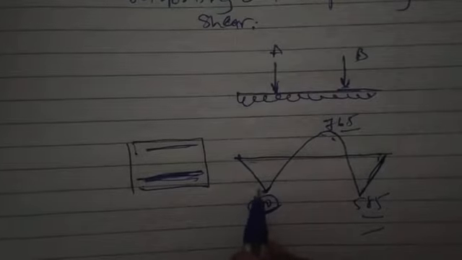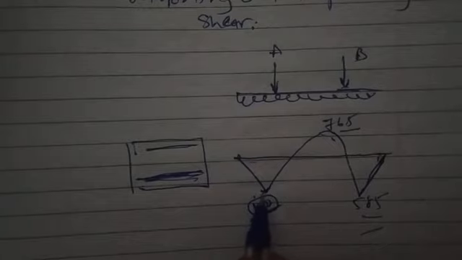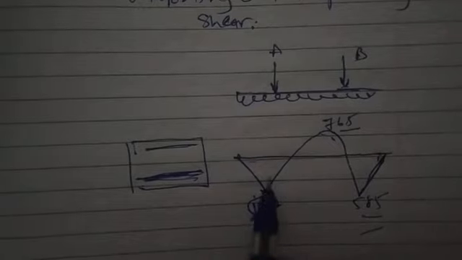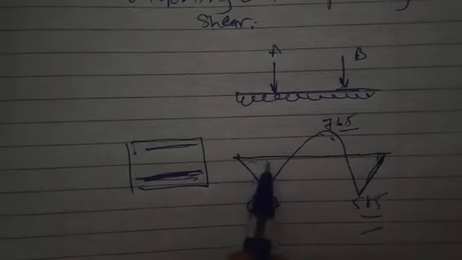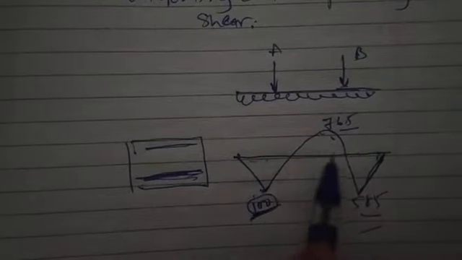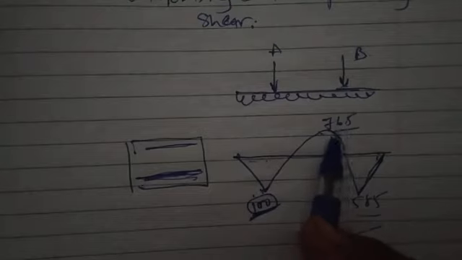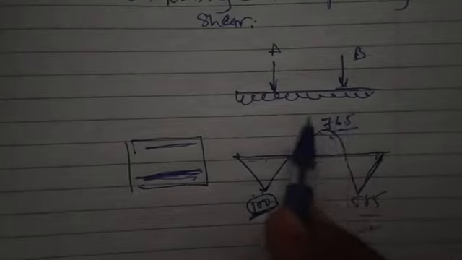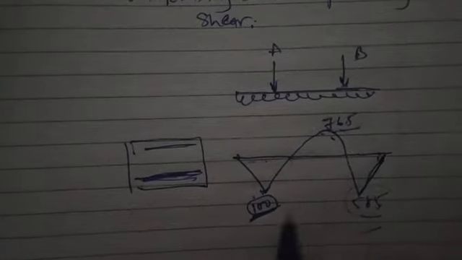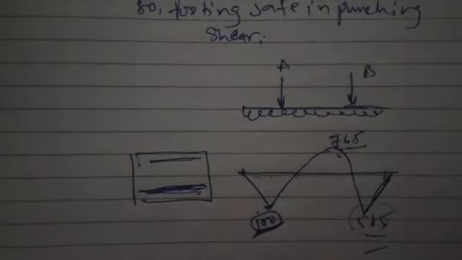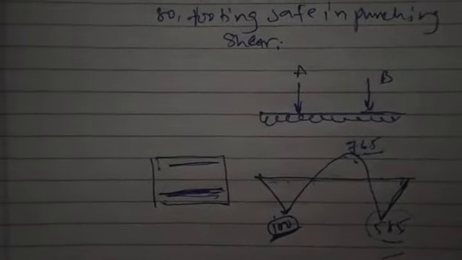So here under the column A there will be different AST, which means we need to provide some number of bars under this column, which will not be the same for this position. Okay, so we need to provide more bars in this position because the bending moment is higher at this position. Here again we have another value of bending moment, so the area of steel will be different for these cases. So we'll calculate one by one.